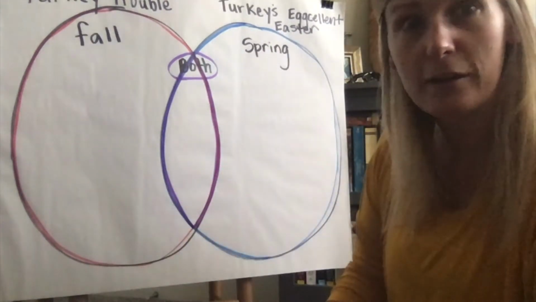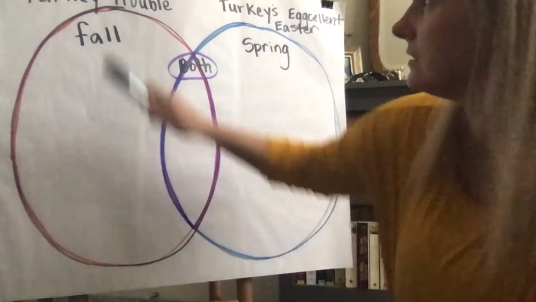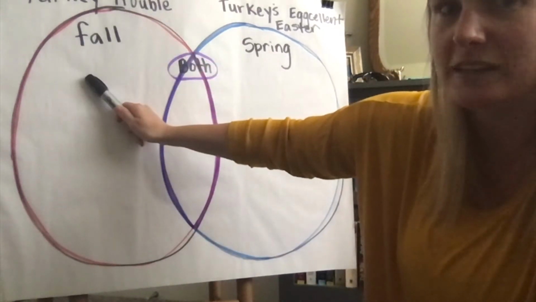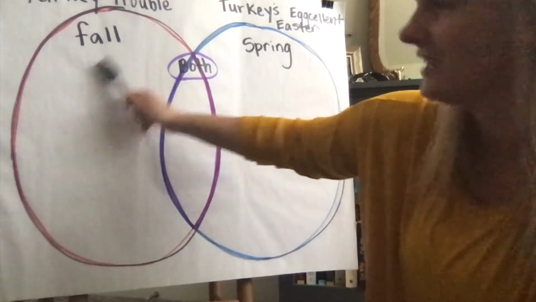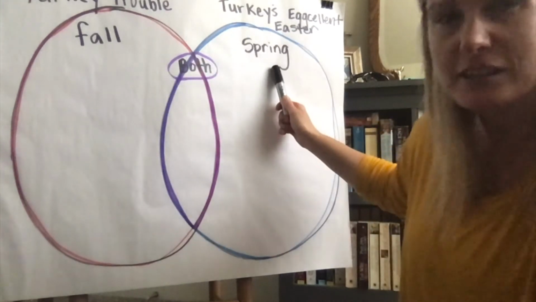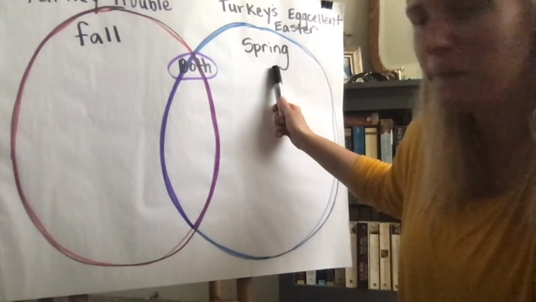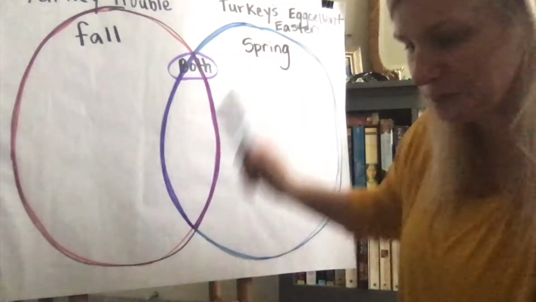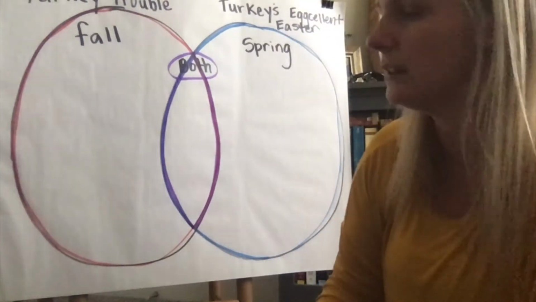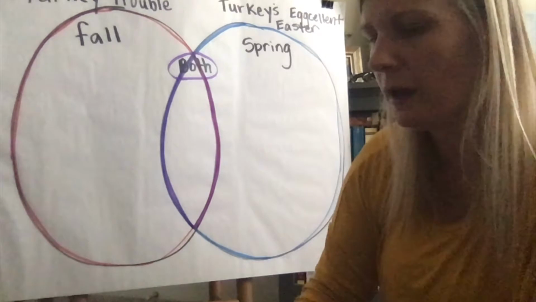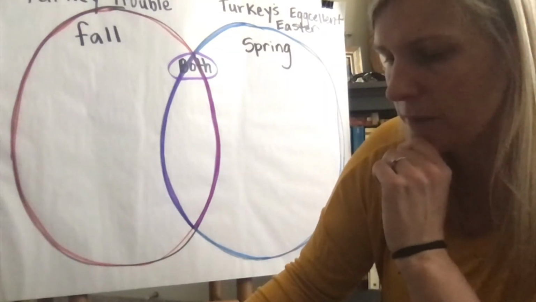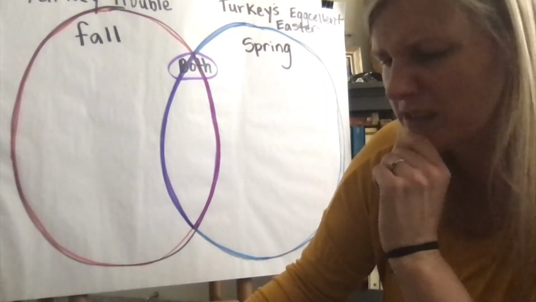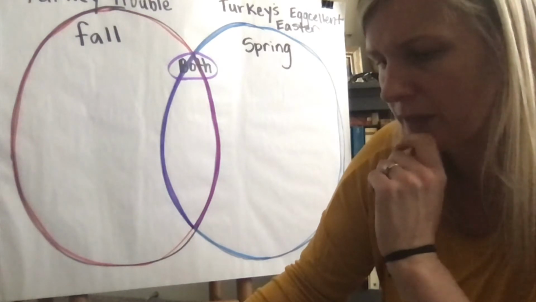We have already found two things that were different in the stories. Turkey Trouble, that story took place in the fall before Thanksgiving, right? And Turkey's Excellent Easter, it took place in the springtime just before Easter. Now, I'm going to think a little bit more here. I want to think about now maybe something else. What was the next thing that happened in the story? I'm thinking